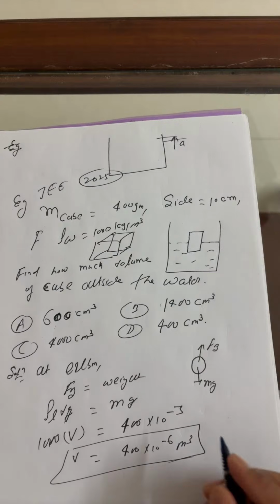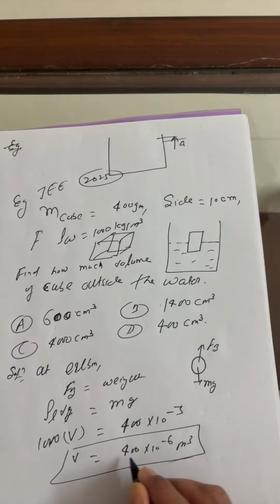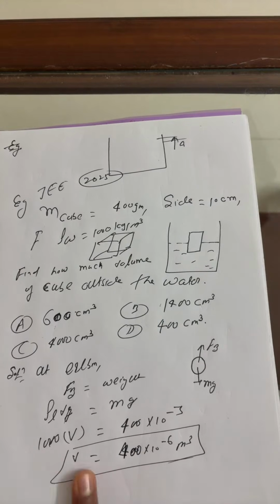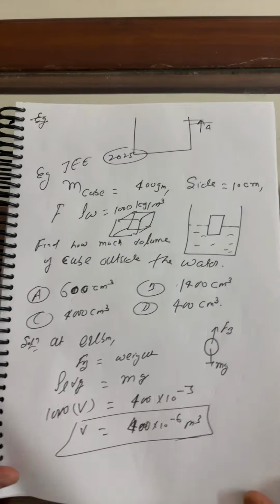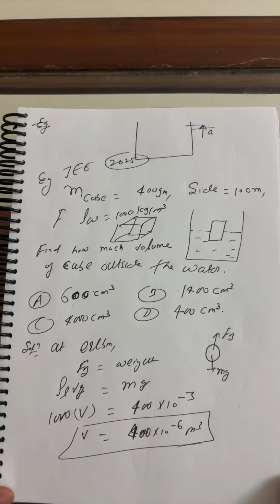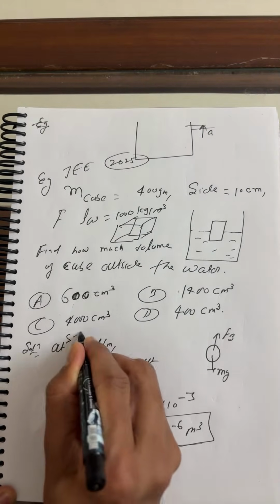Okay, Arab, very good. I'm also calculating in front of you. The initial volume I got here. So you can see this is the volume submerged. We have to find the volume of the cube outside the water. So for this condition, okay. Okay, Aditya Krishna, I'll solve it. This is step one.